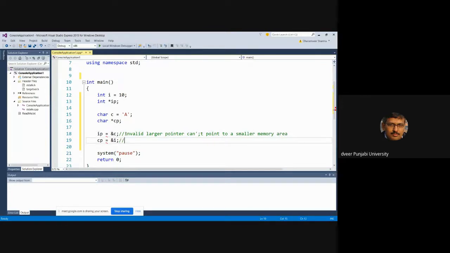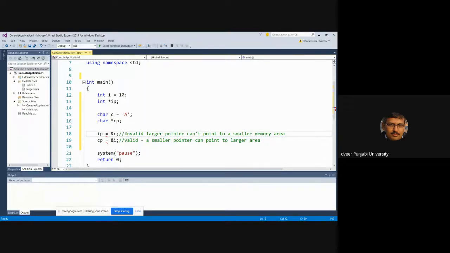However, the other one is valid. Why? Because a smaller pointer can point to larger area. It is possible, right? So the first one, when we are assigning address of a character to an integer pointer,